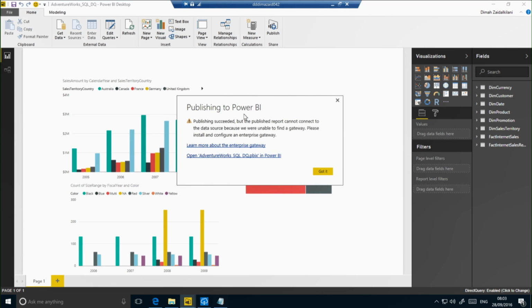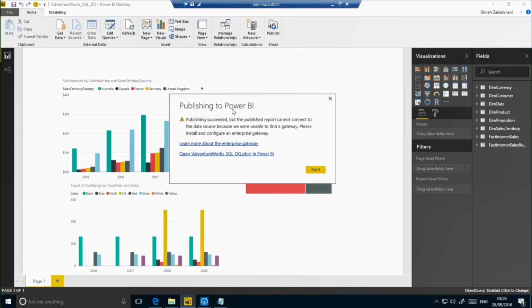So what it's saying is intended, it's planned as part of the demo. When I attempted to publish to Power BI, what happened is, because this is DirectQuery, we do not store your data. So what is actually happening is the cloud service is attempting to make a connection to your data source, which in this case sits on premises. It's trying to do that, but it can't because I don't have a gateway to sit in the middle to take that request and securely transfer it. So what I need to do is go to